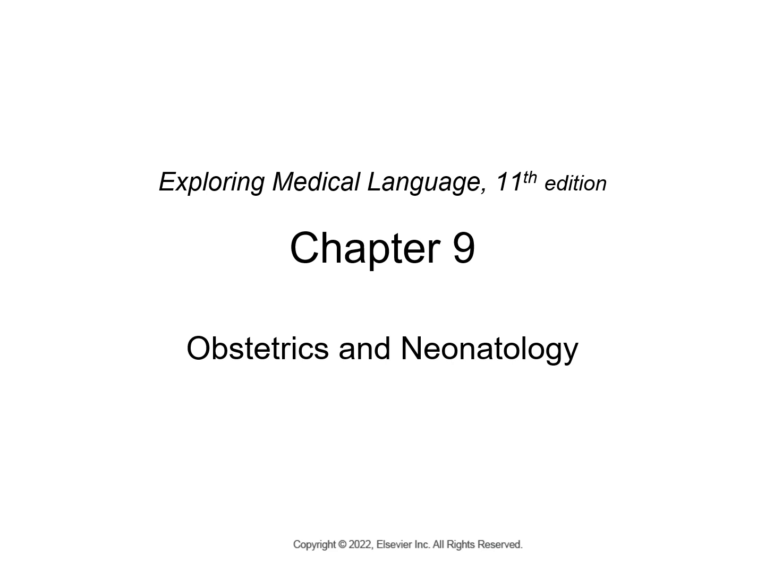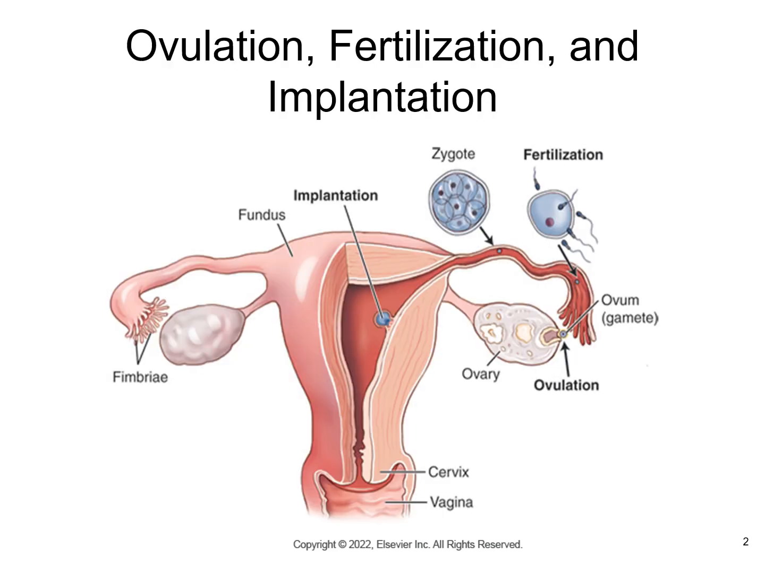Welcome back, everybody. Today we are going to explore Chapter 9 of Exploring Medical Language and discuss terms related to obstetrics and neonatology. Hopefully this picture looks familiar after learning about the female reproductive system last week. We've got the uterus here in the center, the ovaries on either side, and the uterine tubes, also known as